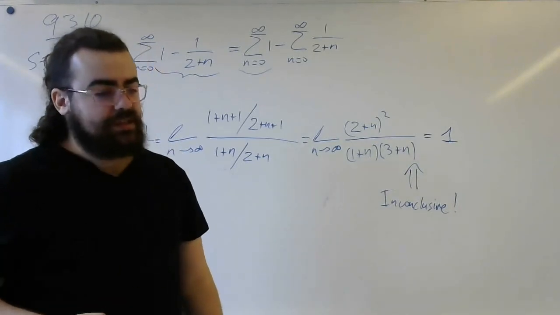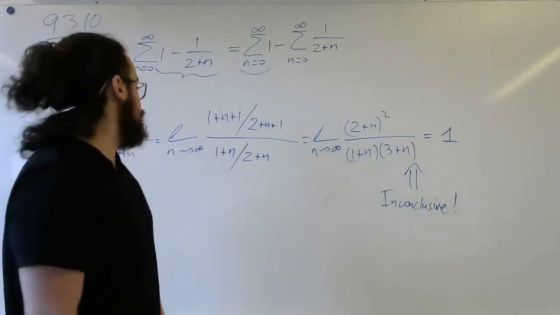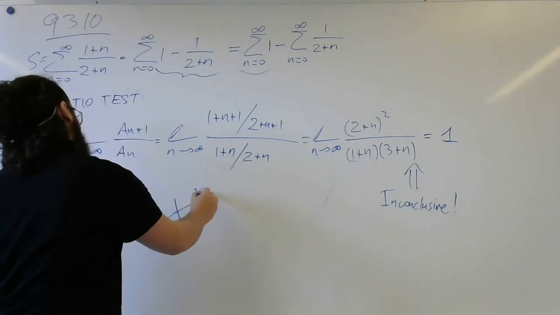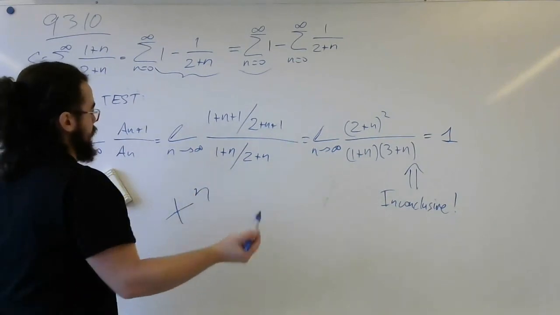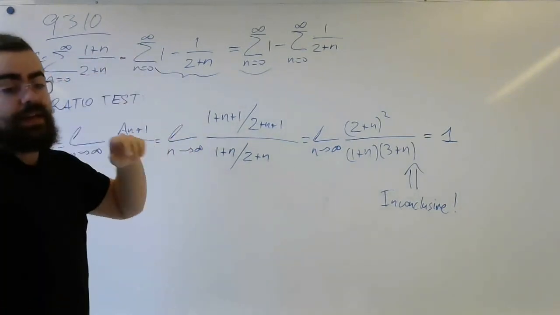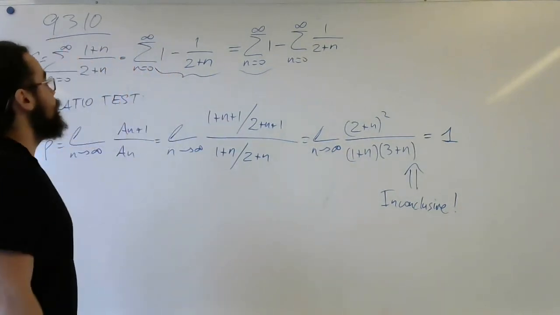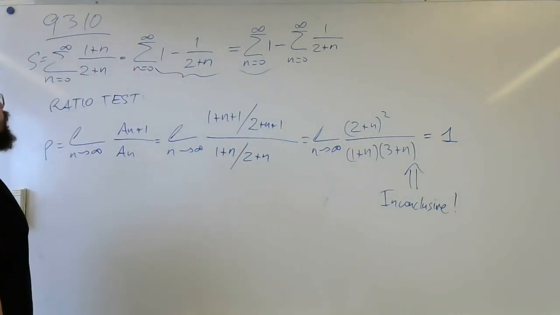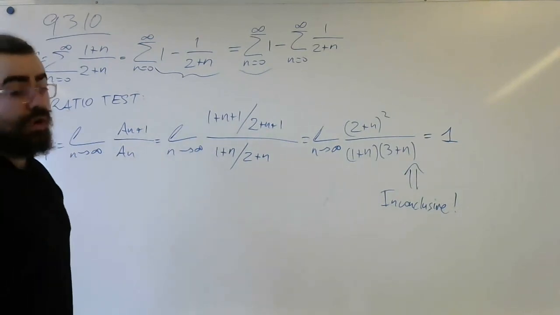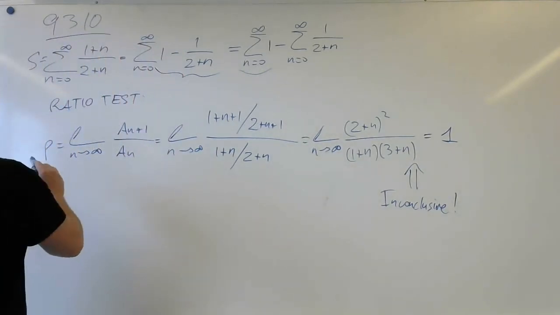How should we know which test to run? Generally, if you have something in power n, you can run a root test. If you have a quotient of polynomials, you can run a ratio test first. And if you have any other types or things that you know how to integrate, you may run an integral test. But beforehand, there is a necessary test